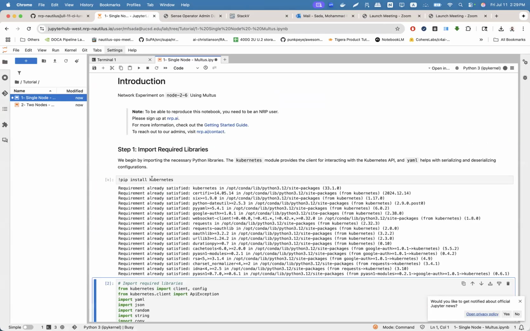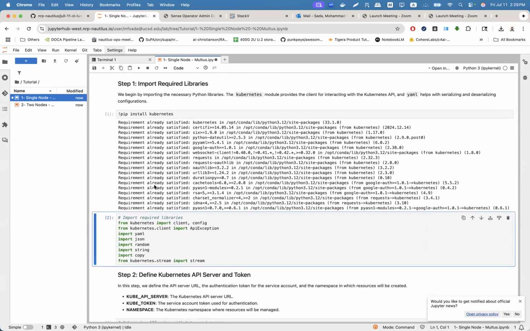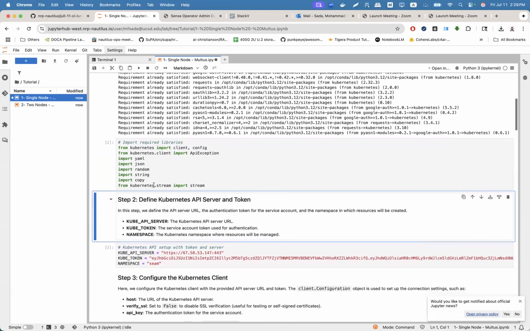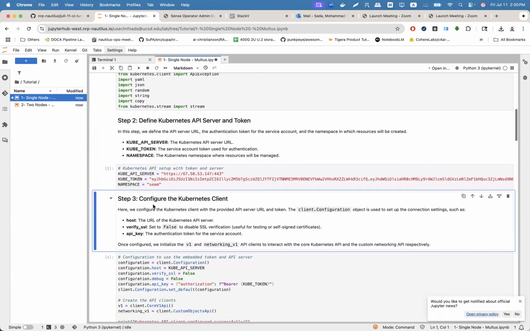And of course, we're talking to Kubernetes through Python, so we're installing through pip. Traditionally, the main way of access is through kubectl and the CLI tools. But this is just for the sake of demonstration and having one notebook that is using a Python kernel for the sake of simplicity. Like we said, we're using a service account token here.